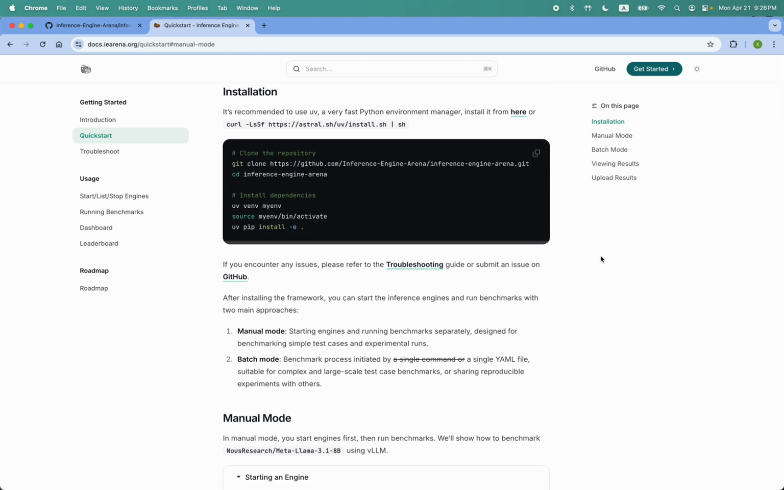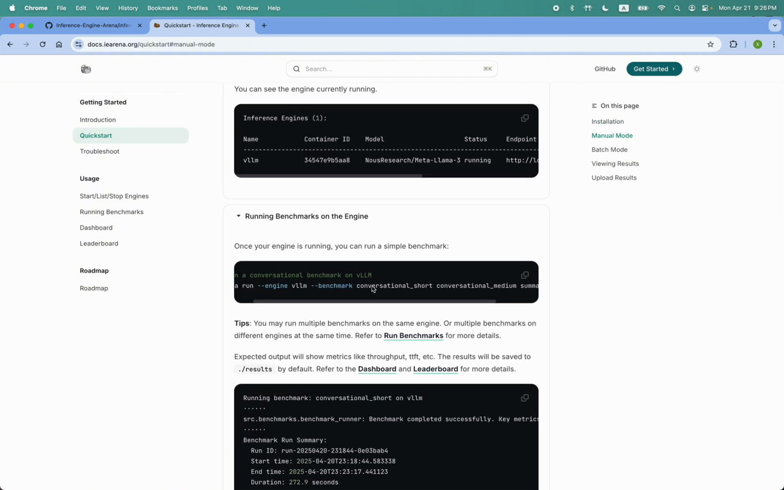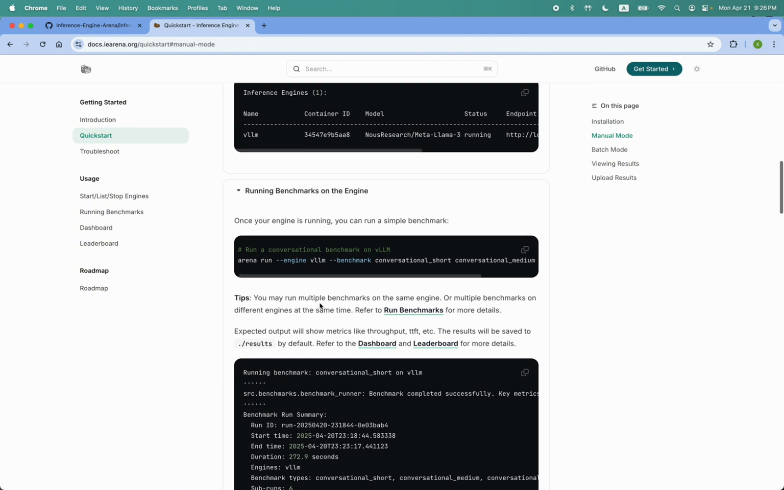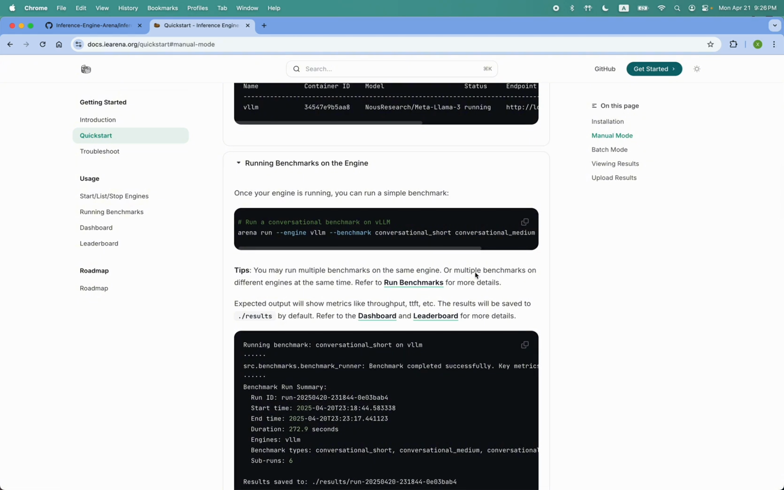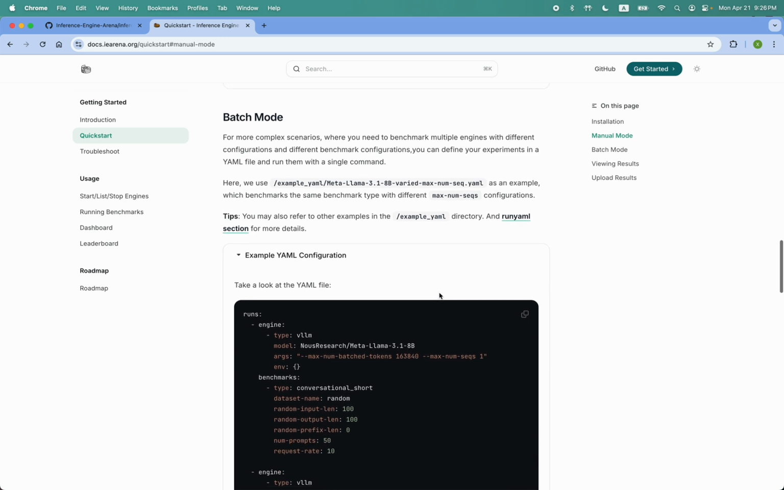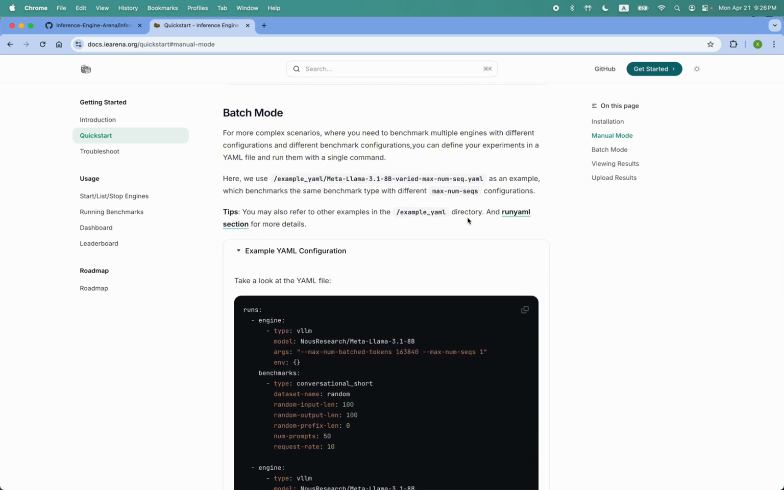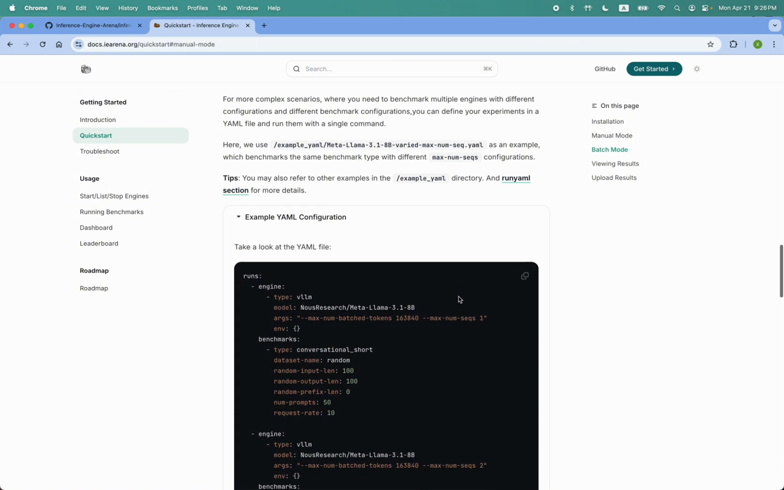What we did just now is start an engine and then run 3 benchmarks on this engine. I call it manual mode because you still need to start the engine and run the benchmarks by yourself. Actually, there's a more convenient way to do that, and I call it batch mode. We will cover that later, but in such scenarios where you need to